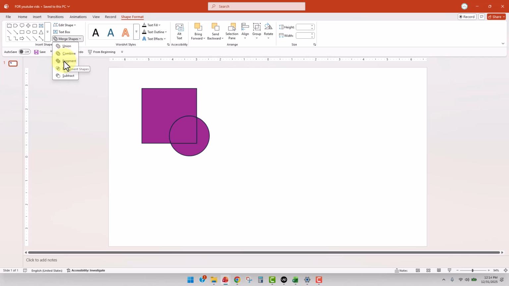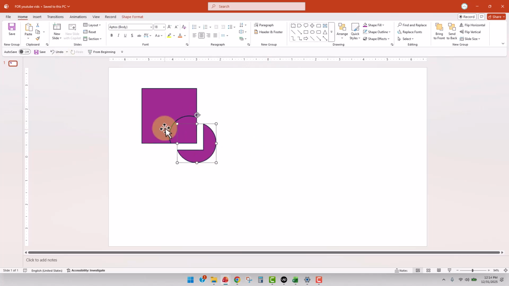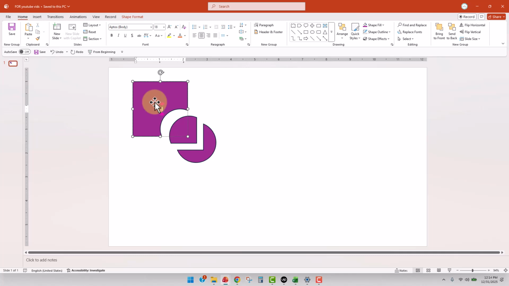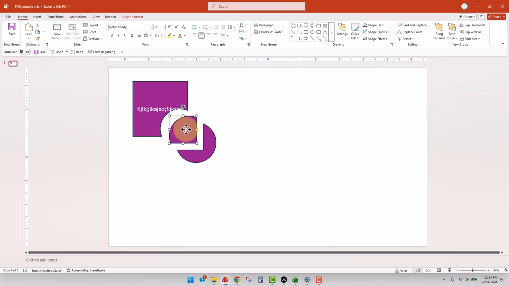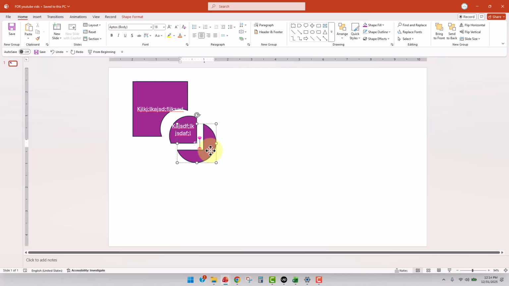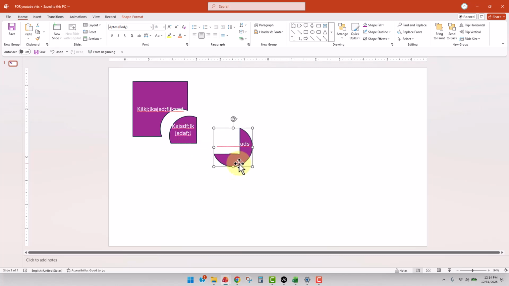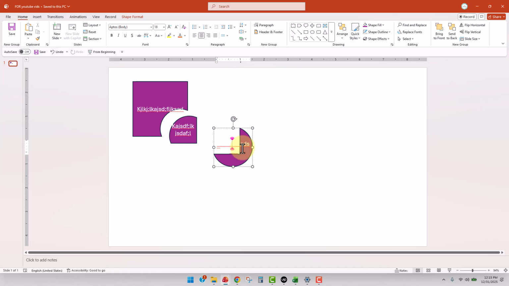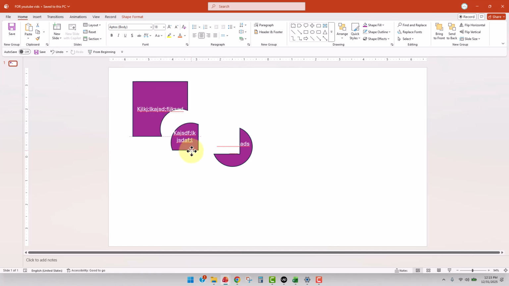And then fragment, I will just quickly show you what fragment does. Anywhere that they cross, it separates them and makes them into different shapes. Just to be clear, you cannot always and easily type in these. Like this one, for example, you would really have to manipulate. I guess it's good news and bad news, right? You want this text to just show up top here in the thick part, but it doesn't. This one was okay because that's almost a square shape. Something like this, I know it seems silly to think you might want to type right here, but you know,